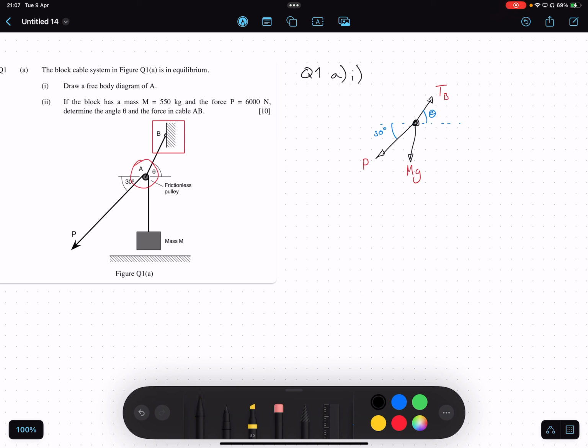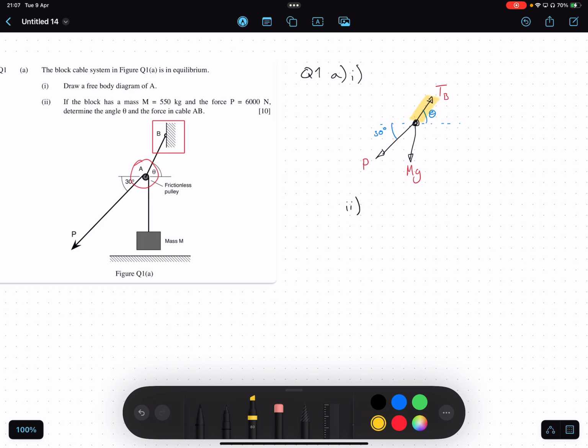And that's us done part I of this question. Moving ahead to part II of this question, we've been told that if a block has a mass of 550 kilograms and P is a force of 6,000 newtons, we're being asked to determine the angle and the force in cable AB, which is this part of the